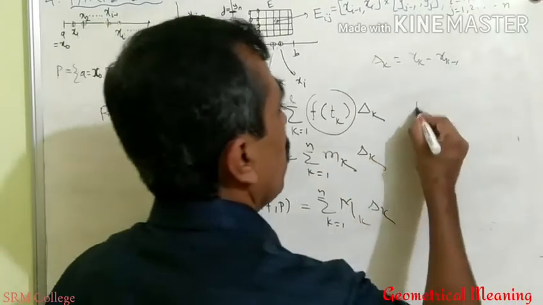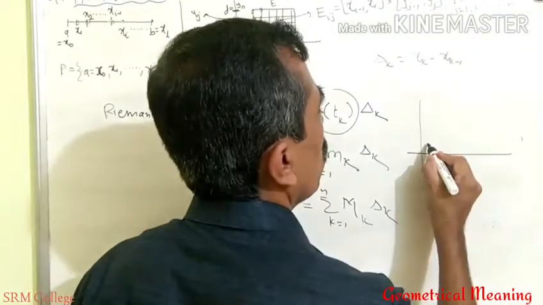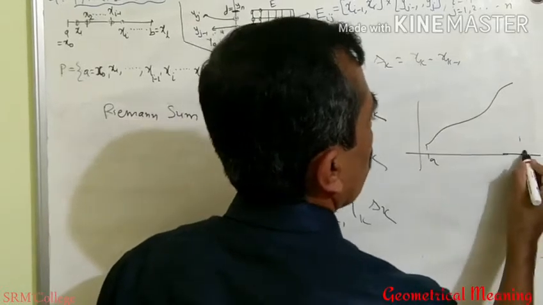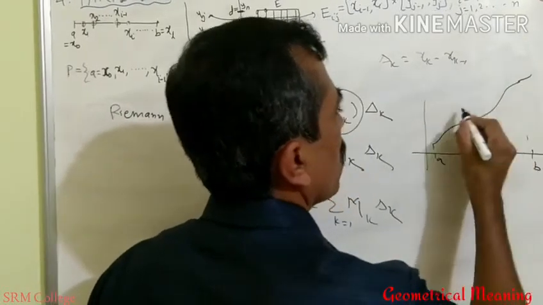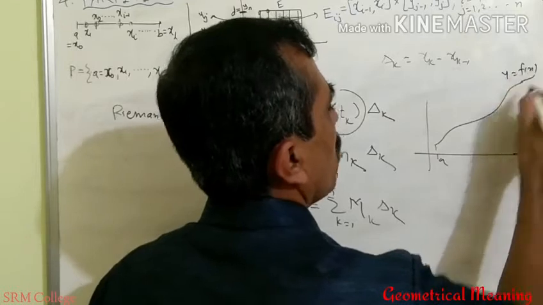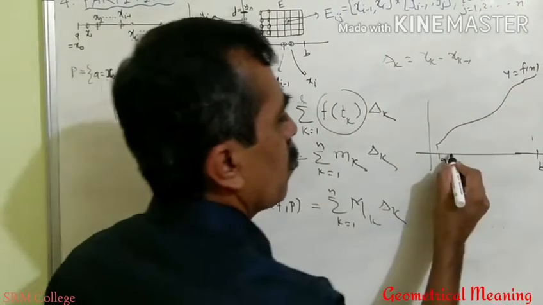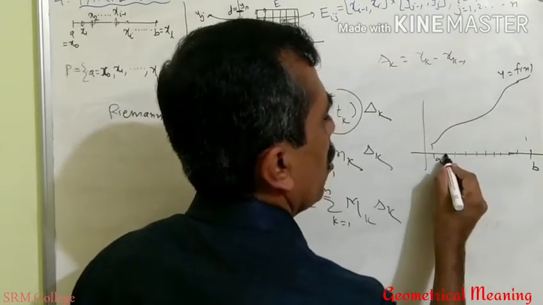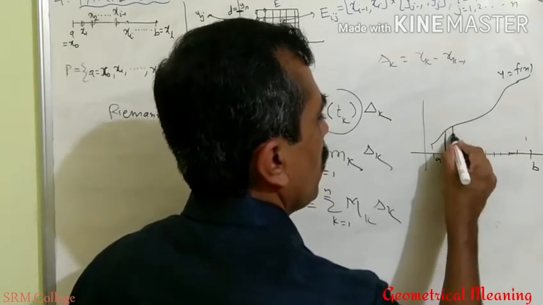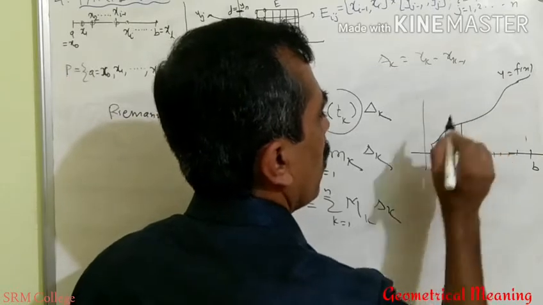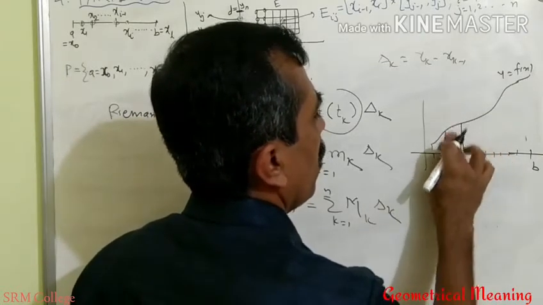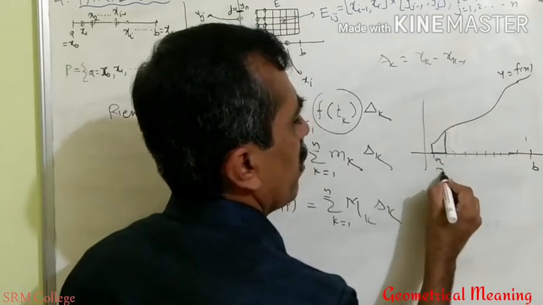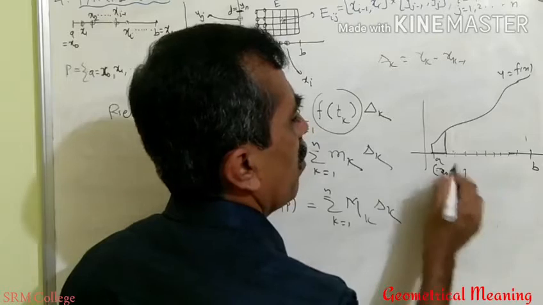So in case of a function of one variable, suppose here is your a, and this is the interval [a, b] and this is the graph of the function. Your function is y equals f of x. If this is the graph, you have these partitions, these are the points of partition. Now on the first subinterval, we will go one by one. This is [x0, x1], the closed interval.